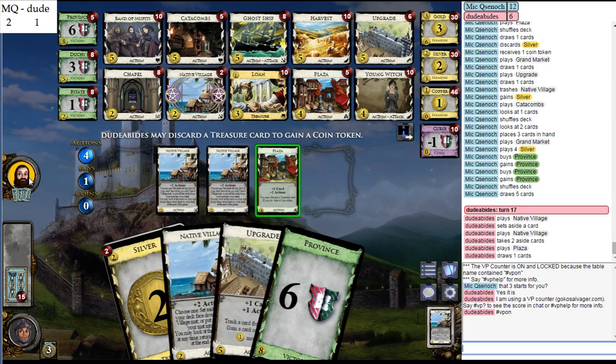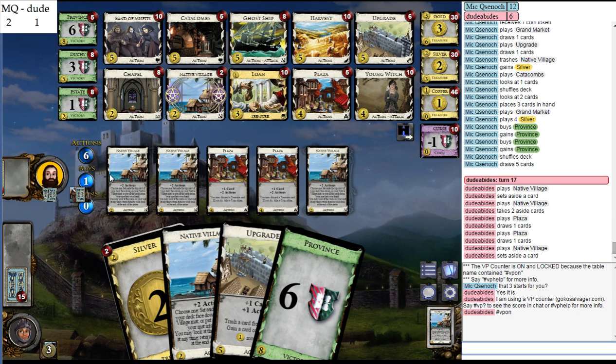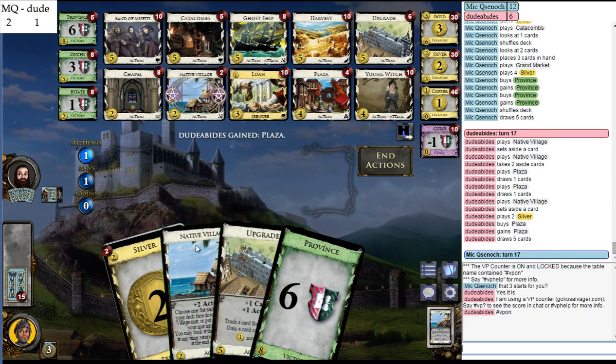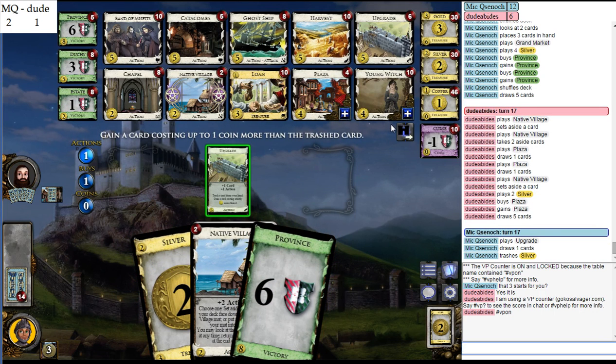So this turn is almost certainly dead. No, okay. That's really risky, actually, him taking that plaza. Actually, that's really bad. He should not have bought a plaza, because that... I mean, my turn's dead. But... if he had... Like, I'm not even gonna...